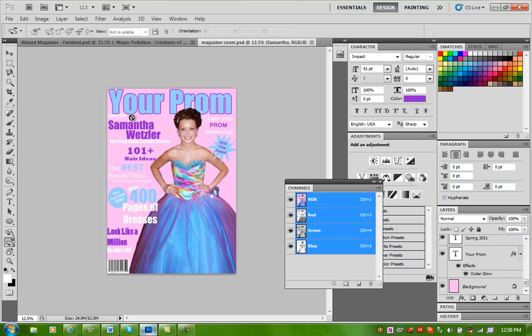Remember, you don't want to have too much blank space on a magazine cover. That doesn't sell magazines. You want it, the more articles, the better. However, you don't want it to be too cluttered either. So this was a good example of that.